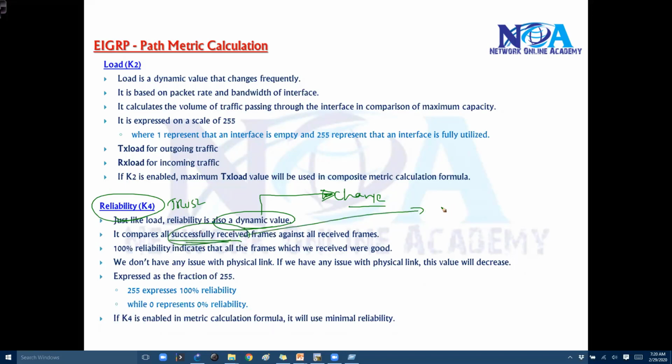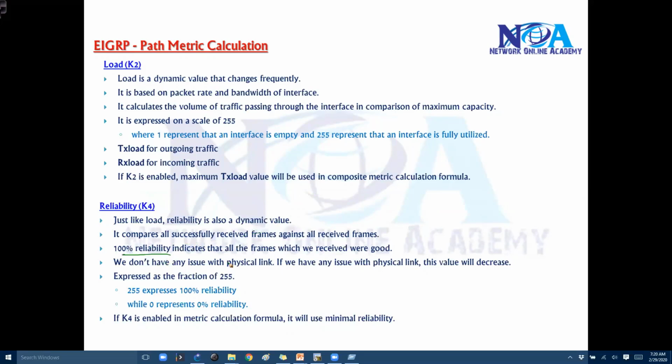So the reliability will be calculated based on the number of packets which are sent or dropped. If there is a huge drop of packets on that particular interface, then EIGRP will consider it less reliable. And if fewer packets are being dropped or more packets are being sent, then it is considered more reliable.